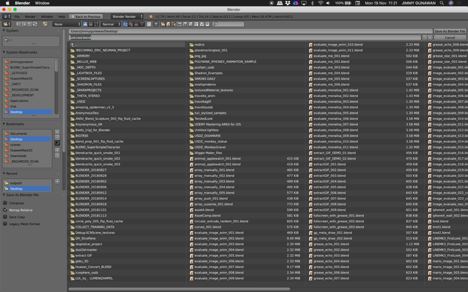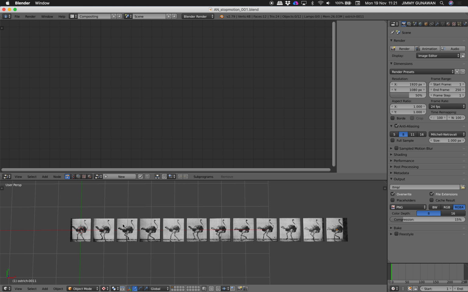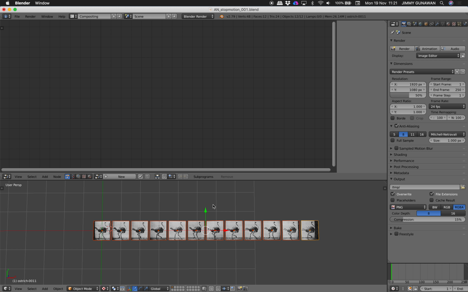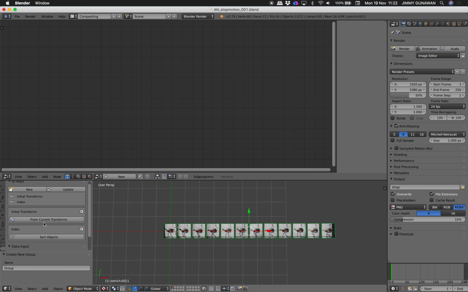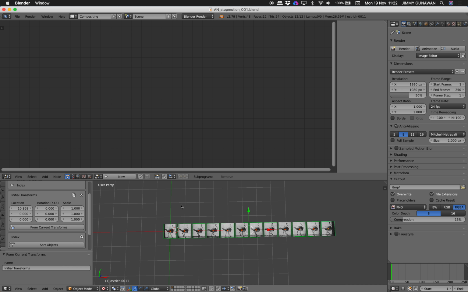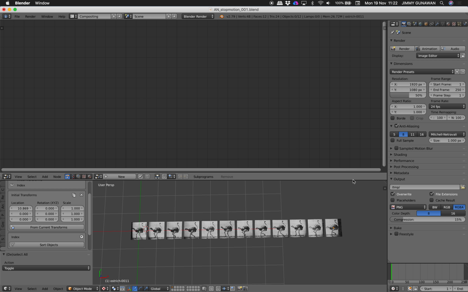So let's make this with Animation Nodes, and what do they call this? Stop motion animation. Yeah, we have 12 frames. We're going to shuffle them very quickly and make sure they are all on the same spot. So I'm going to select all of these, Control G, group them. And here under Animation Nodes, I'll make sure I keep the initial transforms. We need that, don't forget. And we're going to shift the list